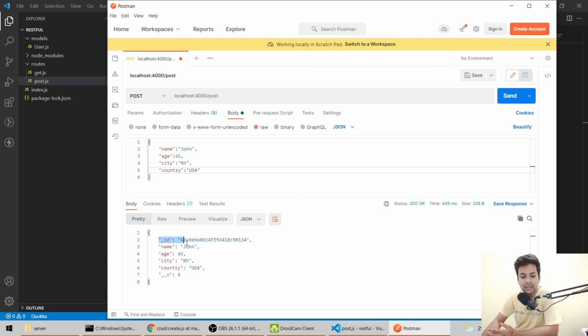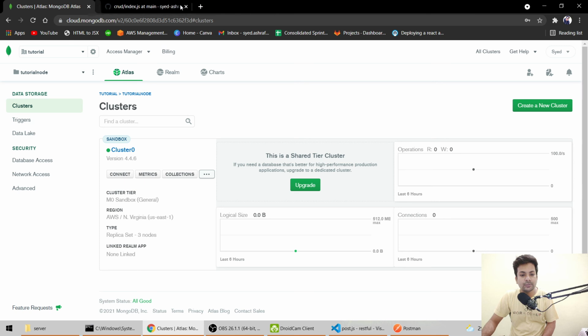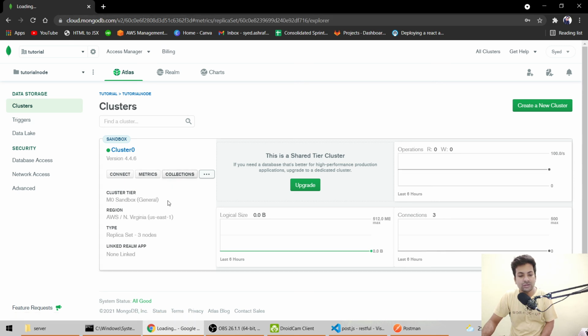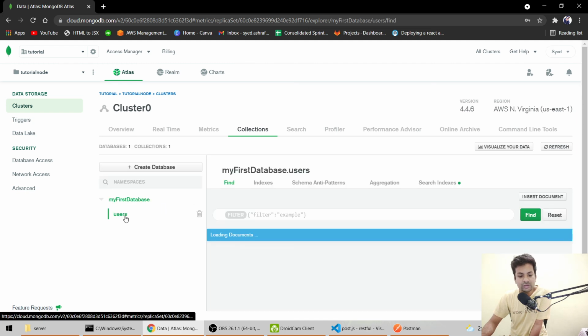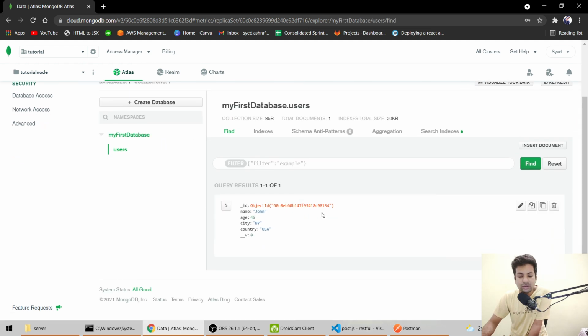This ID, because MongoDB automatically creates an ID for every object, so this is the ID that automatically got generated, and this is something called version, that's also automatically generated. And you can come here in MongoDB, go to collections, it's loading. Okay, you can see users, because we have made a model called users, and see the data is here, with an automatically created object ID.